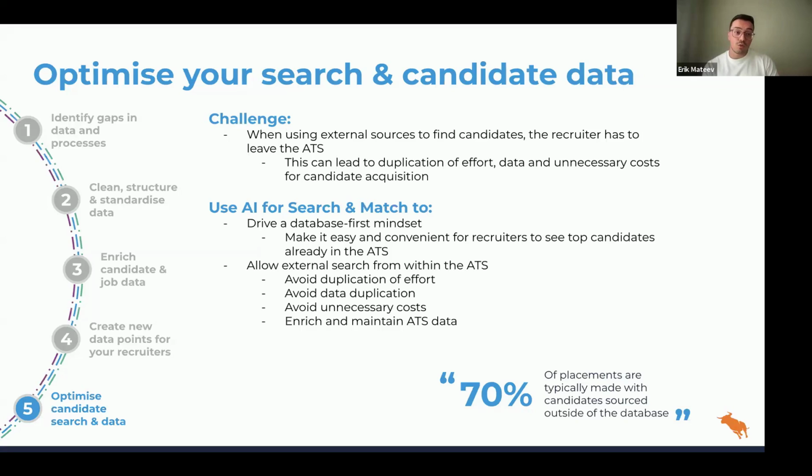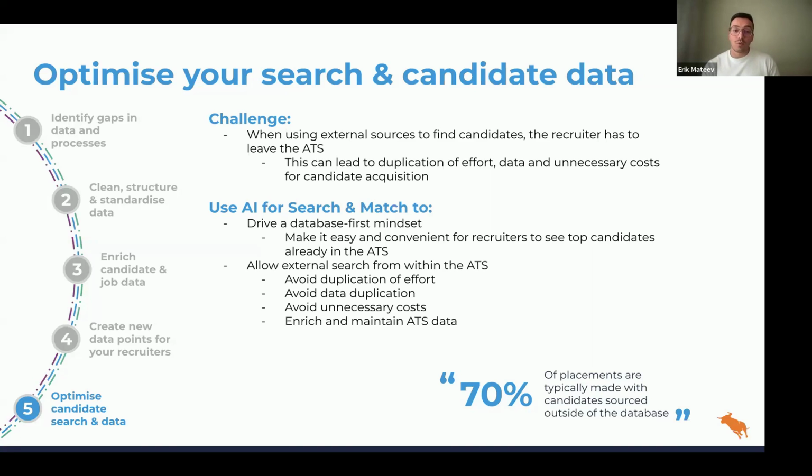Not only that, but when they're in the job boards, they don't really have an idea of whether those candidates already exist in your database or not. By the time they figure it out, they've already spent the credit, they've downloaded the profile, and they've parsed them into the ATS. So at that point, you have a few things. One, big risk of data duplication because they're going to create multiple records for the same person. And two, a lot of unnecessary costs in them acquiring the same people multiple times just to make a placement.